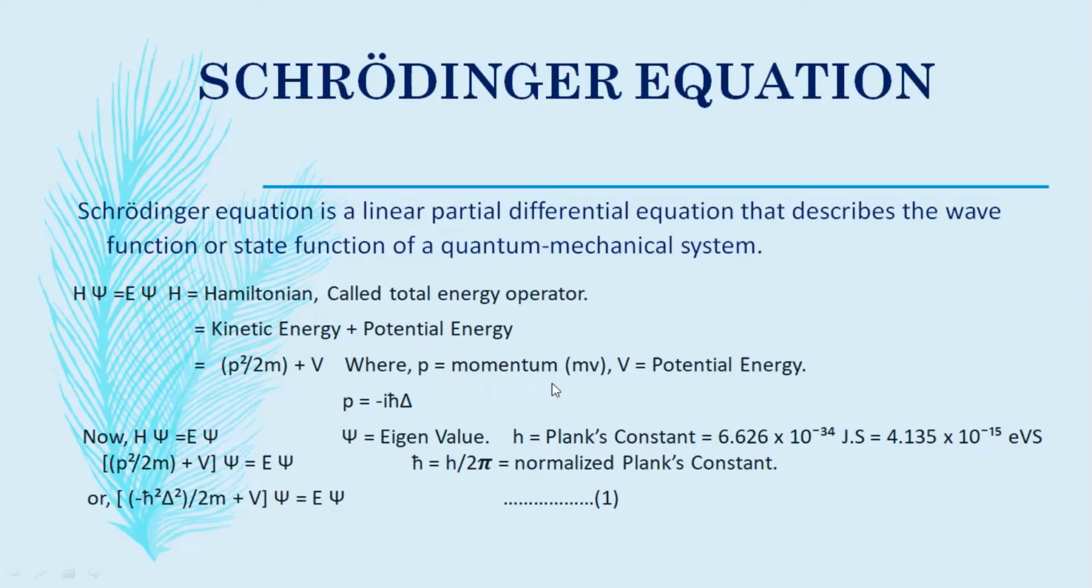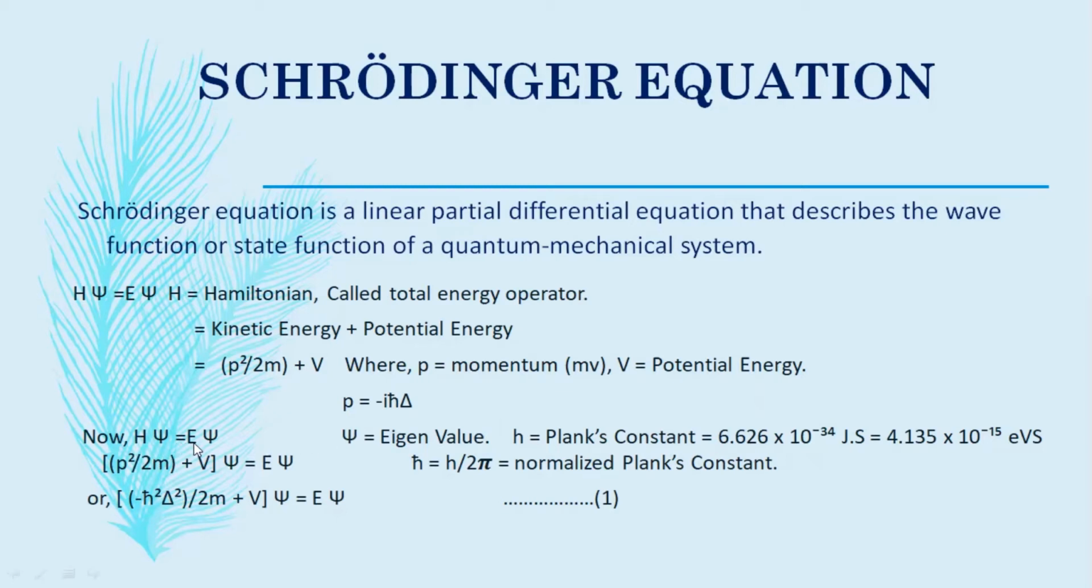Now p, the momentum, is equal to mv, and V is the potential energy. The momentum p can be expressed as iħ times del. ħ is h upon 2π, the normalized Planck's constant, where h is Planck's constant, and ψ is the eigenfunction. Planck's constant has a value of 6.626 × 10^-34 joule second,